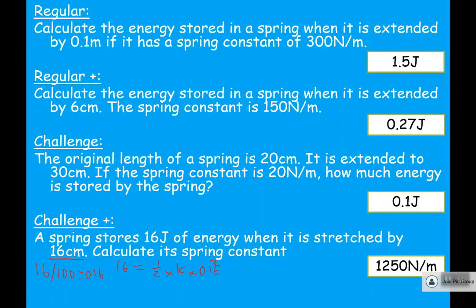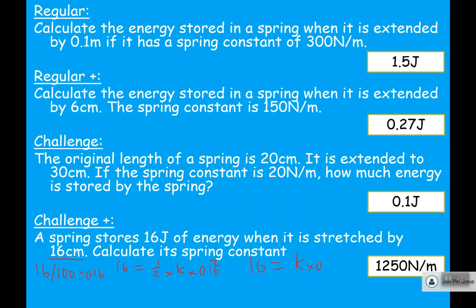Really, really straightforward. Some people get carried away on what to do next. I said the next thing to do is simplify it. So 16 equals k times 0.16 squared. So if you do that in the calculator, and then we might as well halve it because it's on the same line, and you get